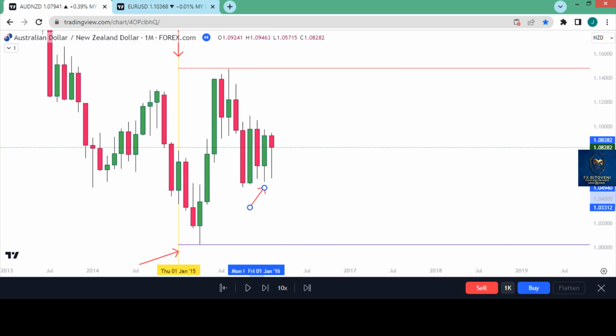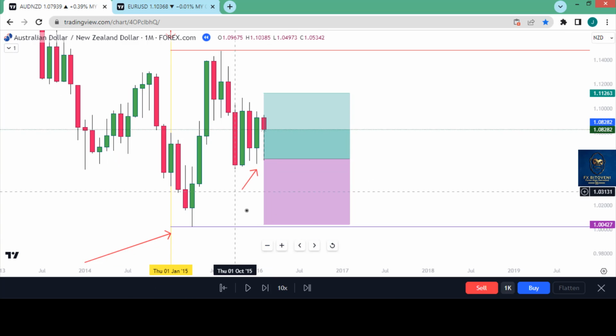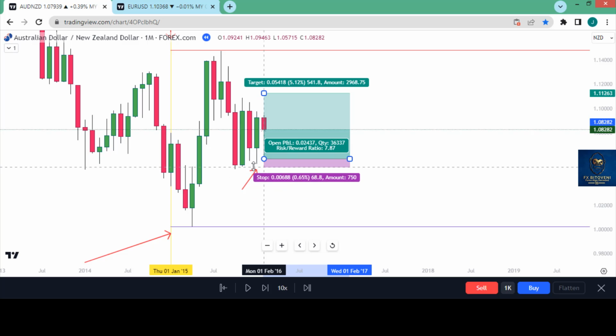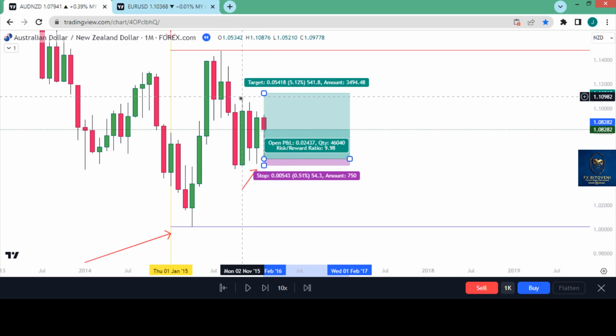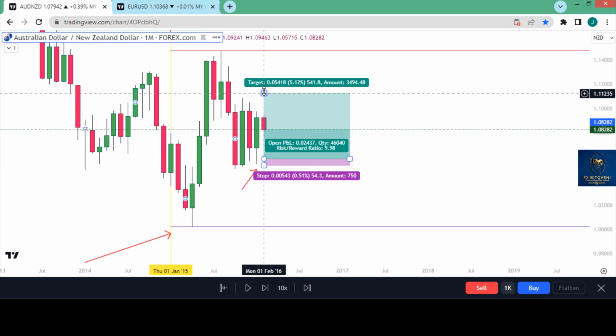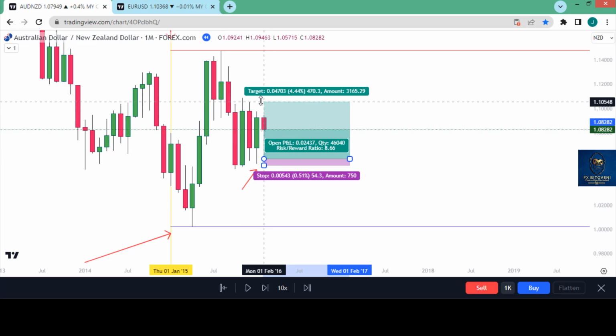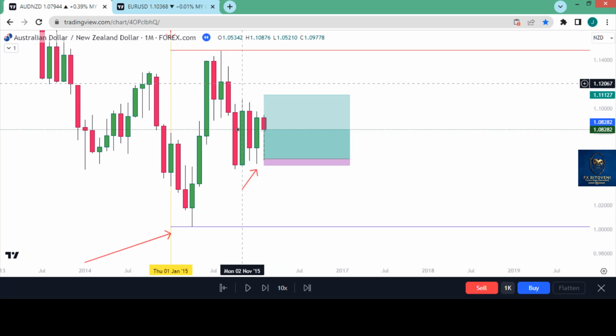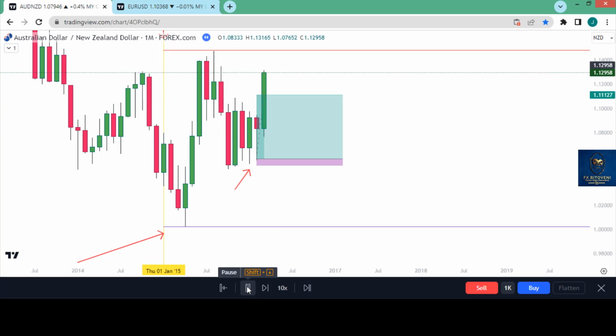If you were to buy this move on lower time frame, you would be buying from here. Your first target should be this high, or this level. But you understand this is going to be a big move, around 500 pips or something, right? So you would be buying this level because you know you are going there, and then you will be targeting and exiting the market,